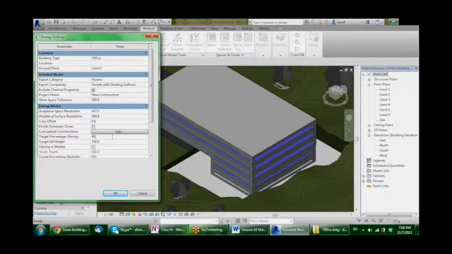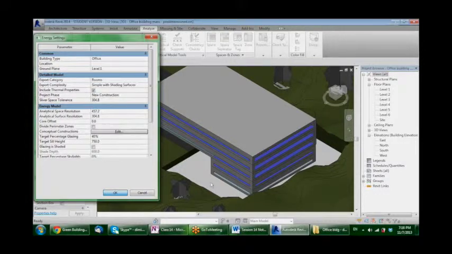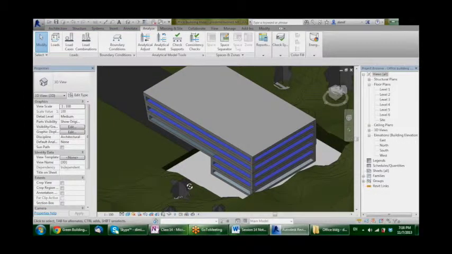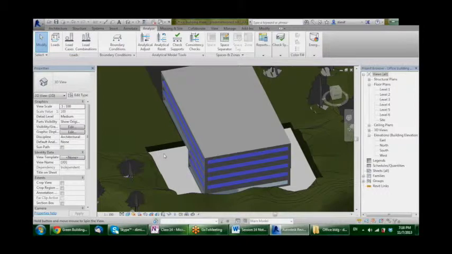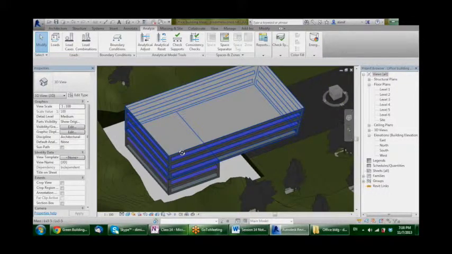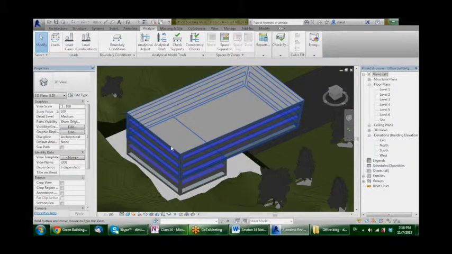So let's say your 40% glazing looks about right in general. So in order to start customizing the surfaces of the building, the way to go for it is this. Hover your mouse around and with the Tab button, pick the surface